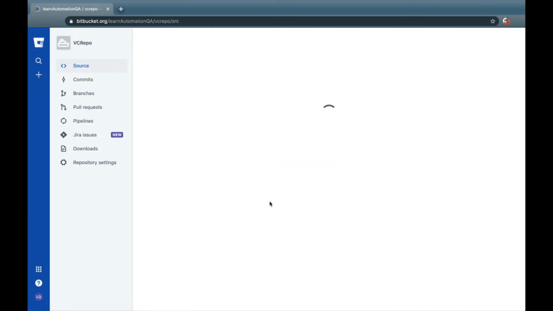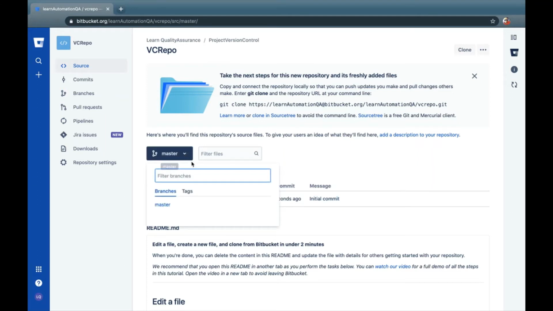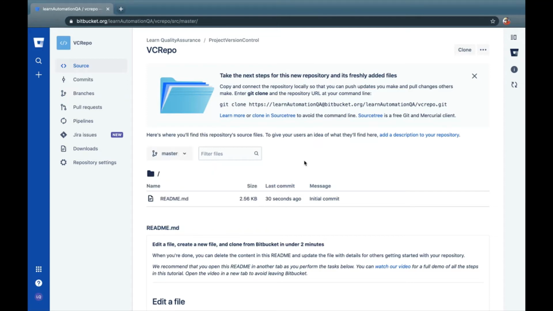It will take some time to set up, and now you can see the repository is ready, and with the initial commit the README.md file is already there. Now you can see the branches information. By default the branch will be master. This is the main branch. You can have multiple branches later. I'll tell you how to do that. And you can see here